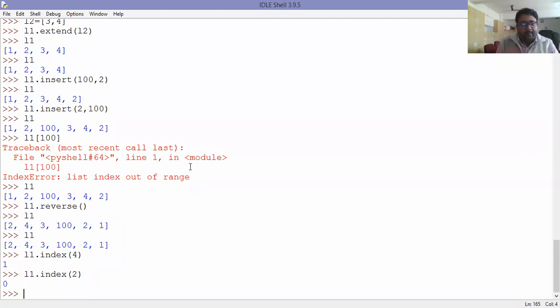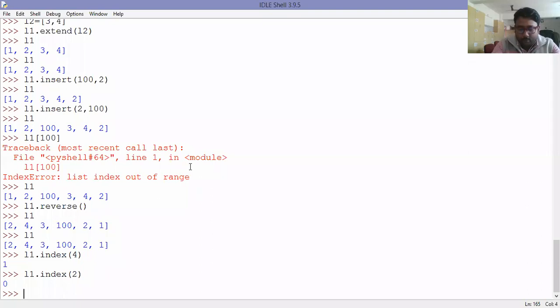We all know that lists are mutable, which means we can update the elements in the list. With the help of this index only, we are updating, and we have used it earlier. Now, length. Length is a function which returns the length of the list.